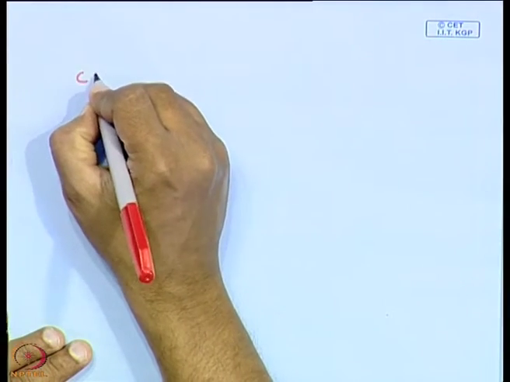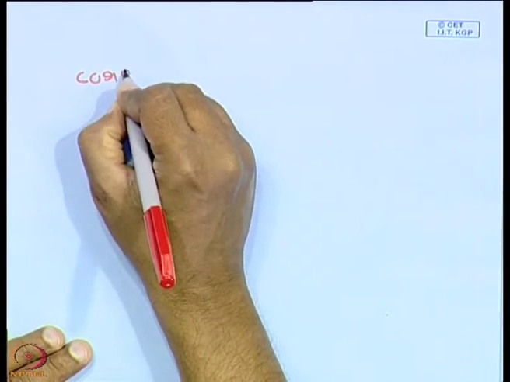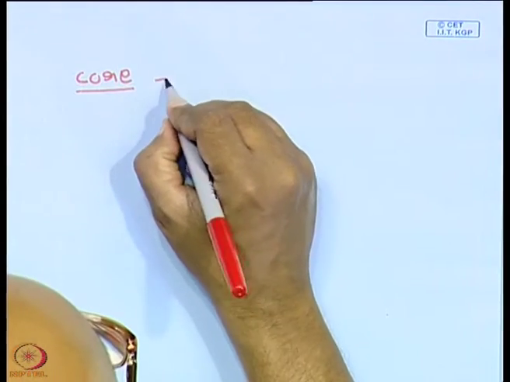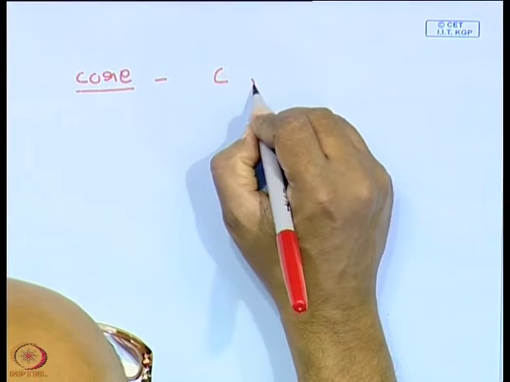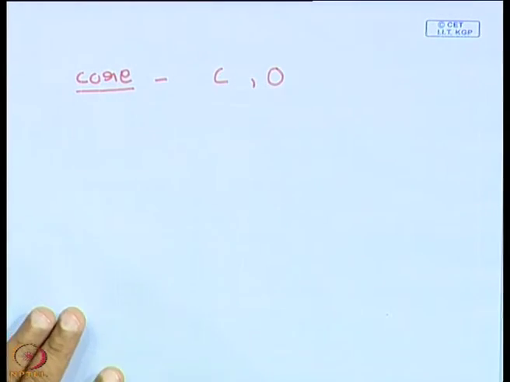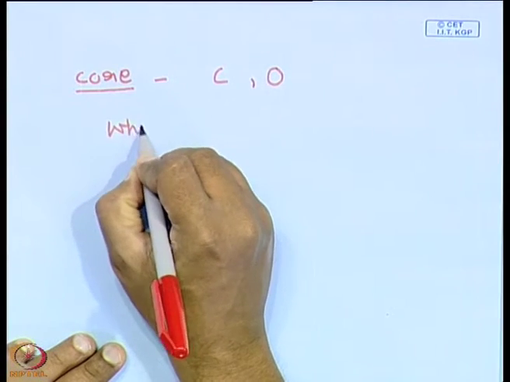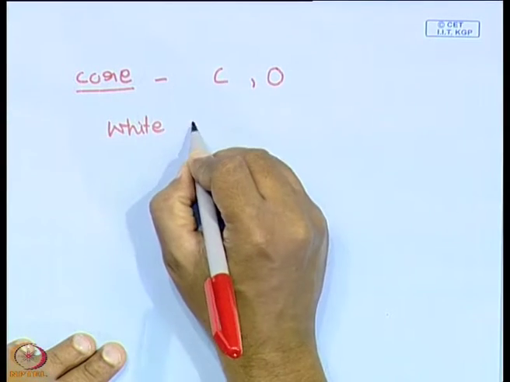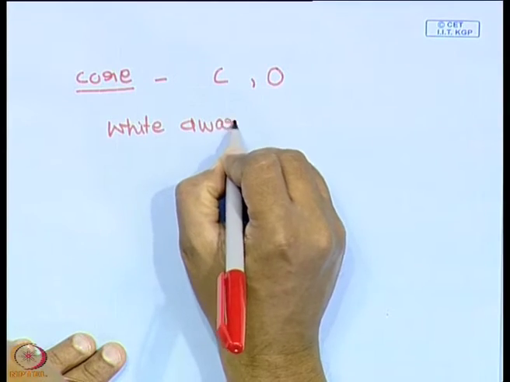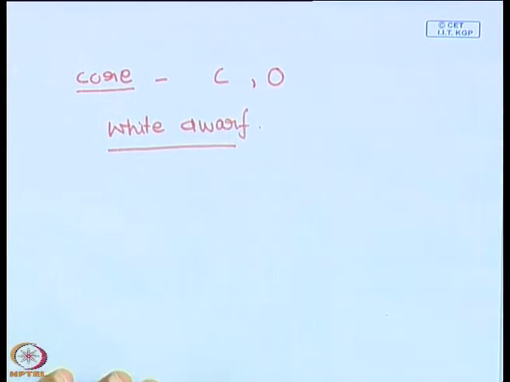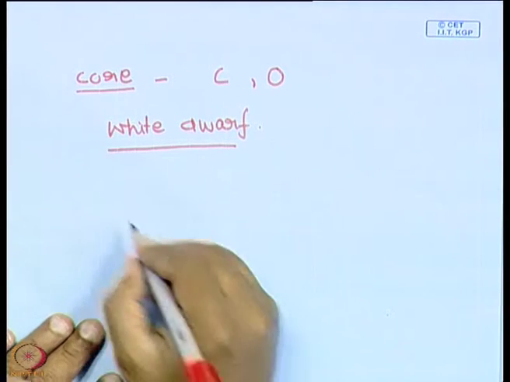The core remains, it is essentially made up of carbon and oxygen. This is a white dwarf. It is extremely hot because of the gravitational collapse, and its track is basically determined